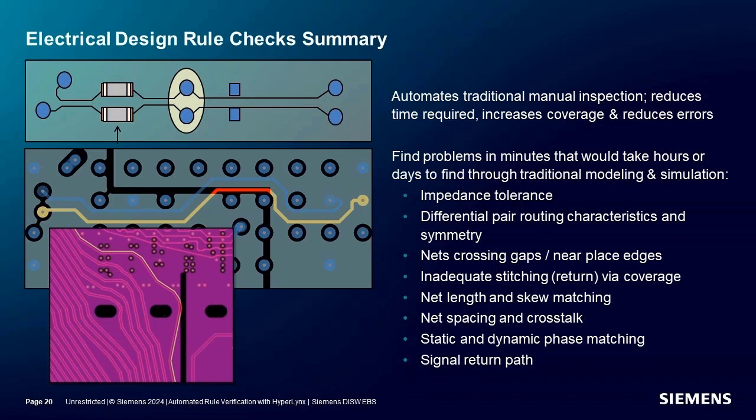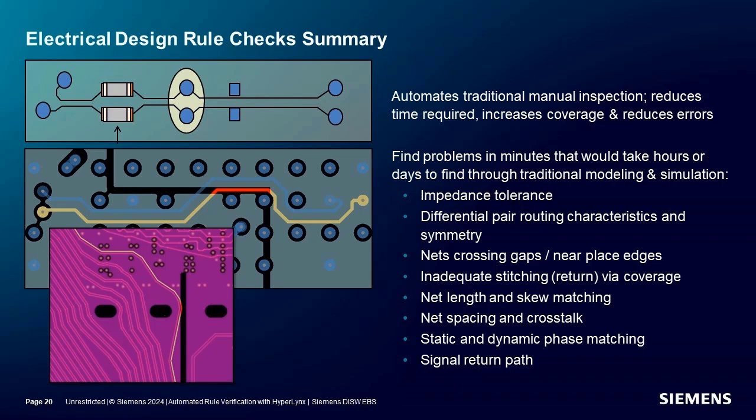Finding a trace crossing a split using a simulation is problematic. Modeling and simulation are time consuming. The actual effect on signal quality may be relatively small, and isolating the exact location of the problem from simulation results can be difficult. Hyperlink's DRC performs analog, EMI, PI, SI, and electrical safety checks in a fraction of the time it takes to perform those same checks manually,